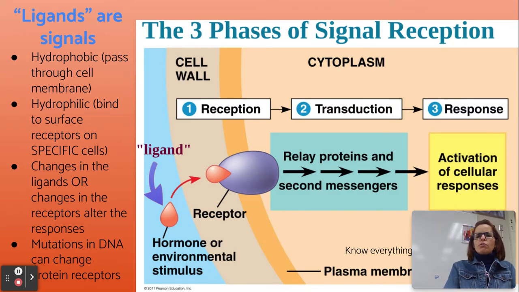Okay, so the things you need to know. So there's the same image. Do you see that that's the same image? Your eyes are going to have to get good at looking at totally different images and being able to say, okay, there's the RTR, the reception, the transduction, and the response. So we'll start with reception.